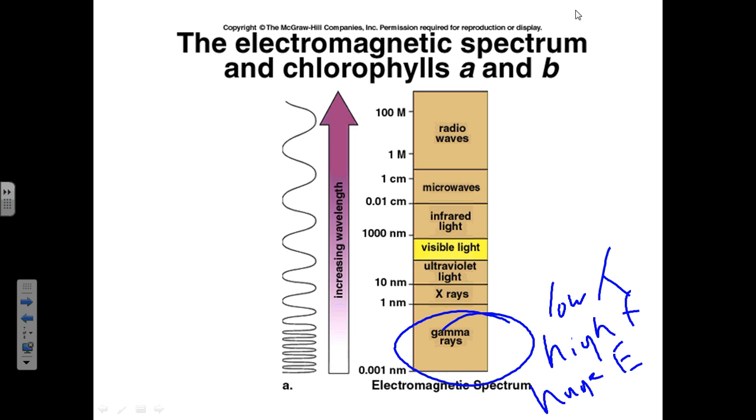On the other hand, up here, radio waves. They have a very long wavelength, a very low frequency, and therefore very little energy. One other thing I'll mention: visible light, right here. That's the only part of this we can see. And remember the way it fits in,